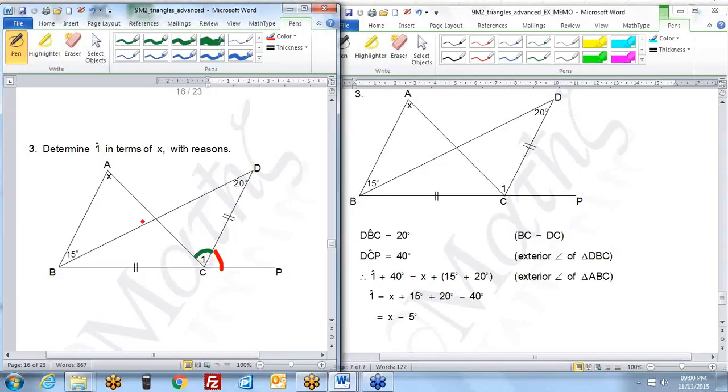So focus now on this triangle here first, DBC. 20 plus 20, because DC equals BC. That's why we know that angle DBC, this one over here, is 20 degrees. So we add these two angles to get the exterior angle, which is 40 degrees. The reason being exterior angle of triangle BDC. Now we're going to use that